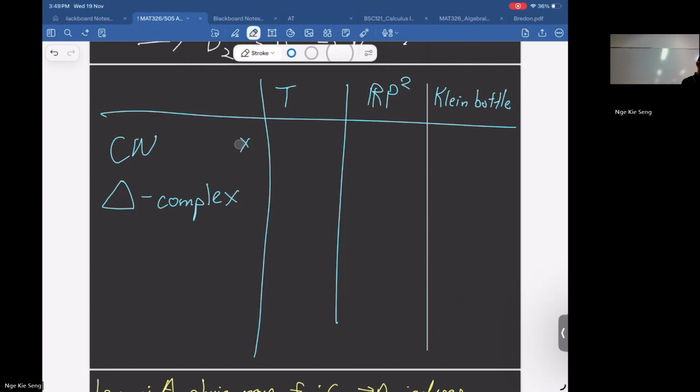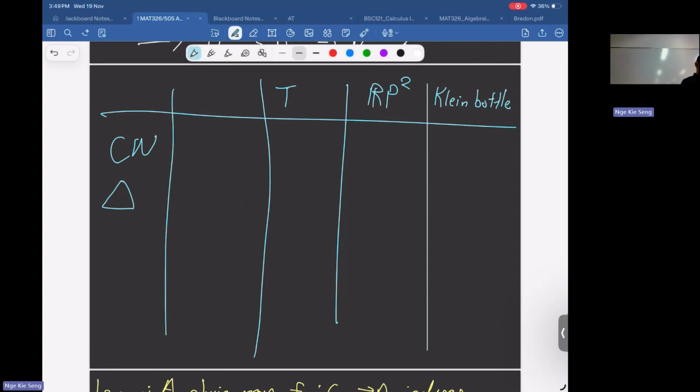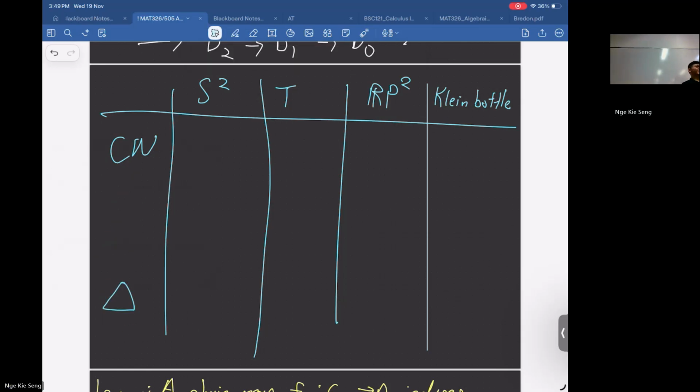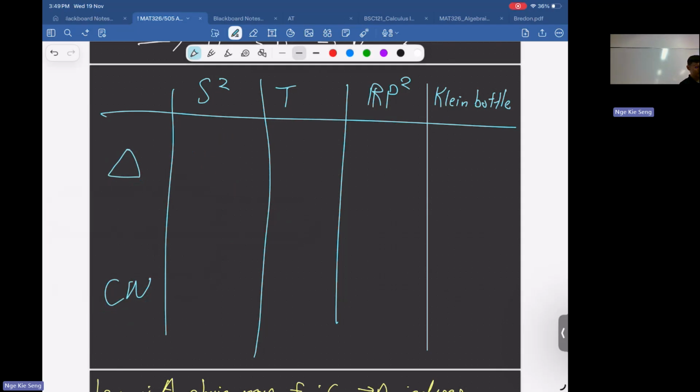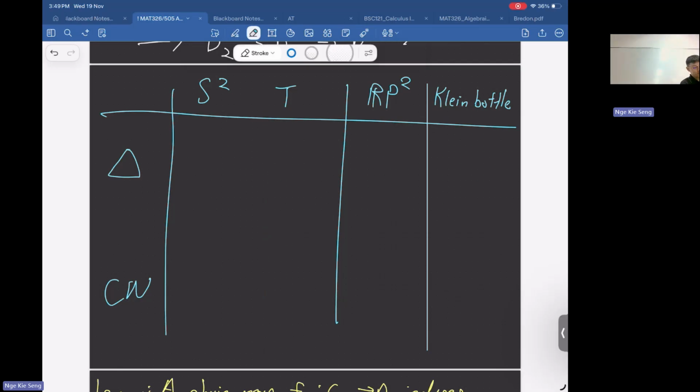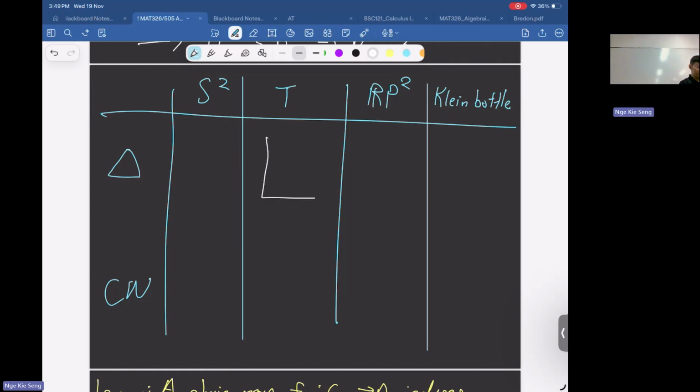Okay, so let's remove this. Can everyone shout? Shout out your CW complex. Which one is closer now? Maybe delta first. Maybe you remember it first. So what is the delta complex for? Maybe the torus. Torus first. Remember we computed the homology. What's the picture? A square, right? Okay, and then